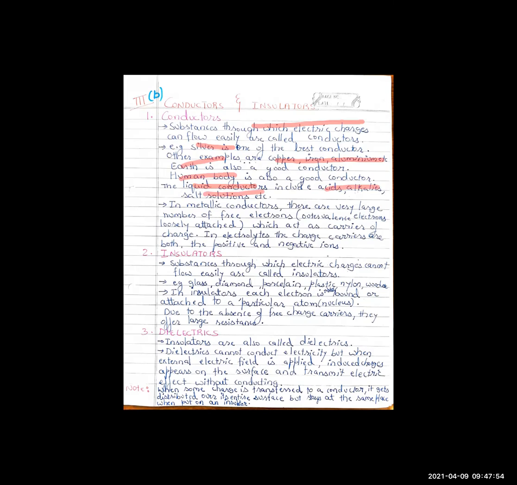So in metals, who are responsible for the production of electricity? They are the electrons, the free electrons, which are present in the outermost orbit. Why? Because they are in the outermost orbit, so they are loosely bound. With little energy, they will get excited and they will start moving. And movement of electrons produces electricity.